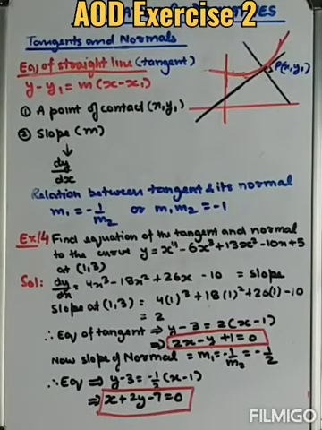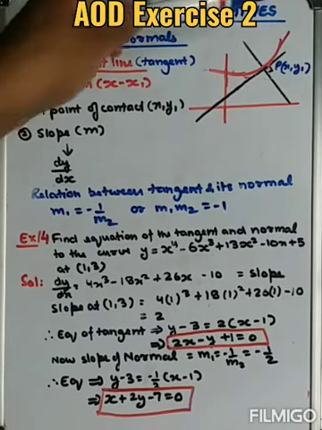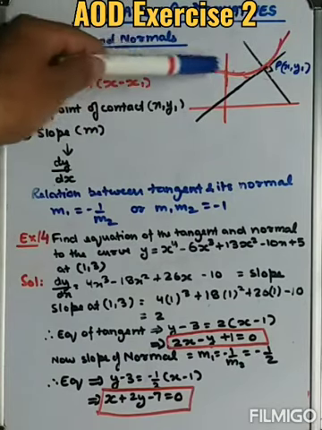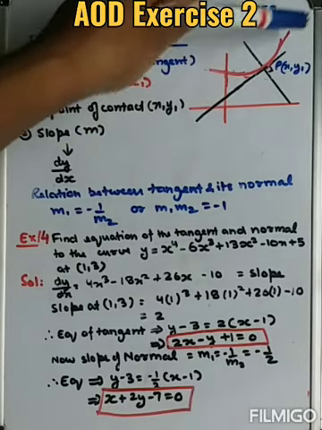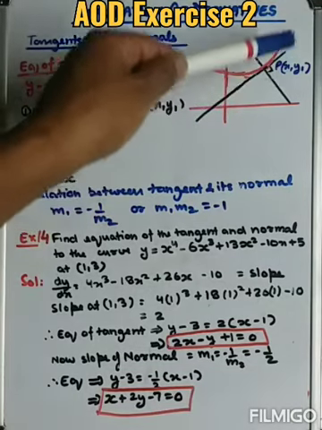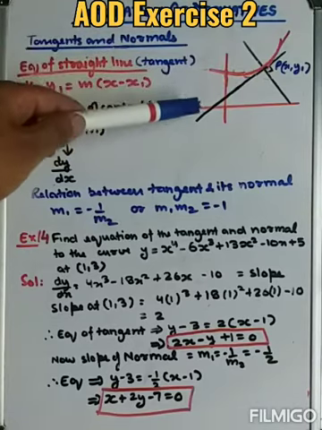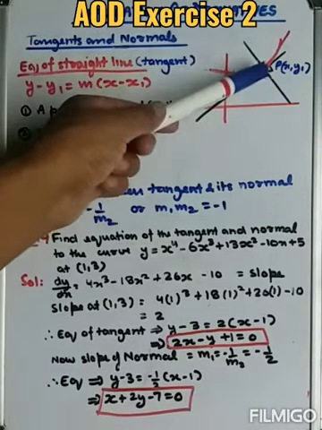How to find the equation of tangent and normal of the curve, of any curve. Suppose this is a curve, and from this particular point P we are drawing a tangent or a normal. So we will be discussing how to find the equation of the tangent or its normal passing through any particular